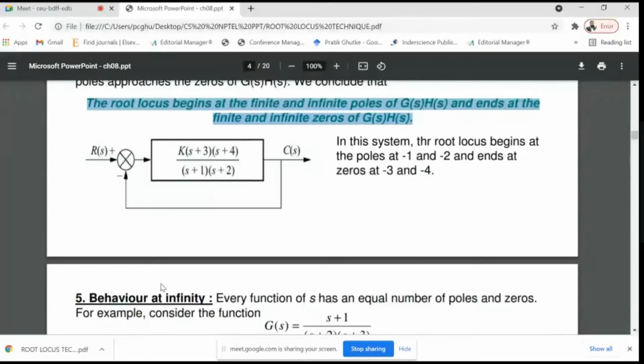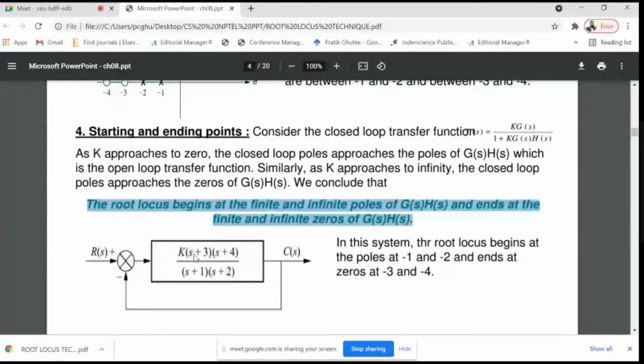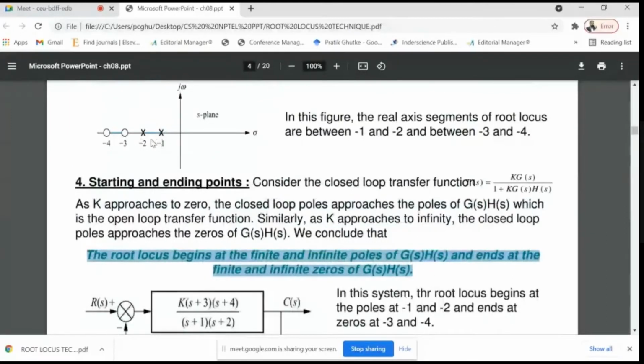I have told you already that there would be a transfer function. In the numerator there will be minus 3 and minus 4, and in the denominator, see, are you seeing that graph? Minus 1 and minus 2 are the poles, and poles will be on the denominator side. If you calculate s plus 1, then s equals minus 1, and s plus 2 gives s equals minus 2. I have plotted these in the j omega axis or s plane, and for minus 3 and minus 4, s plus 3 and s plus 4. Have you understood? This would be your transfer function for this plane.